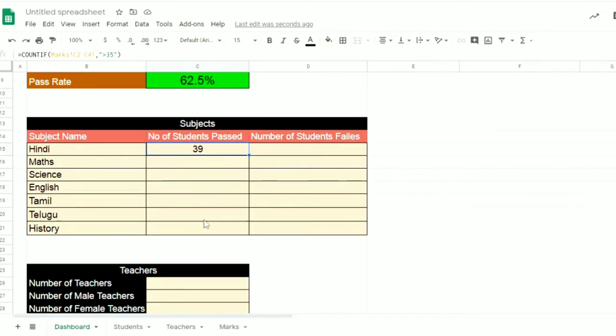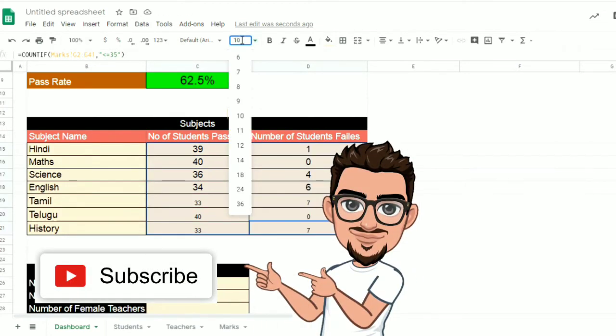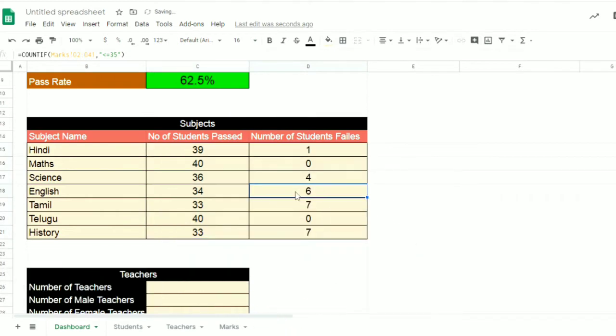So likewise I want to calculate for the rest. Okay, so we just added all the passed students. In maths and Telugu, all the students have passed. Now if you want to check the failed cases, we can apply the same approach with the failed condition. So this is how you check how many subjects there are and how many students passed in the respective subject. Here we have used many formulas in a single grid itself: unique, import range, and COUNTIF.